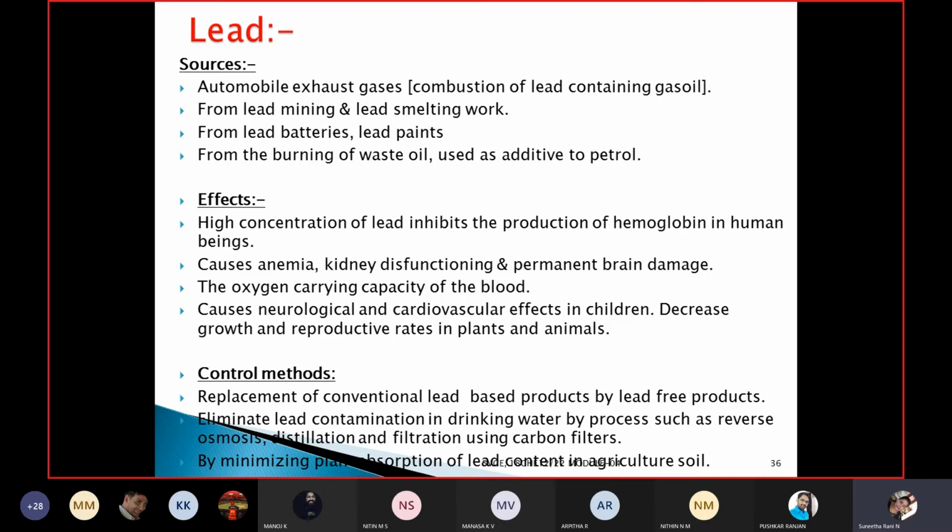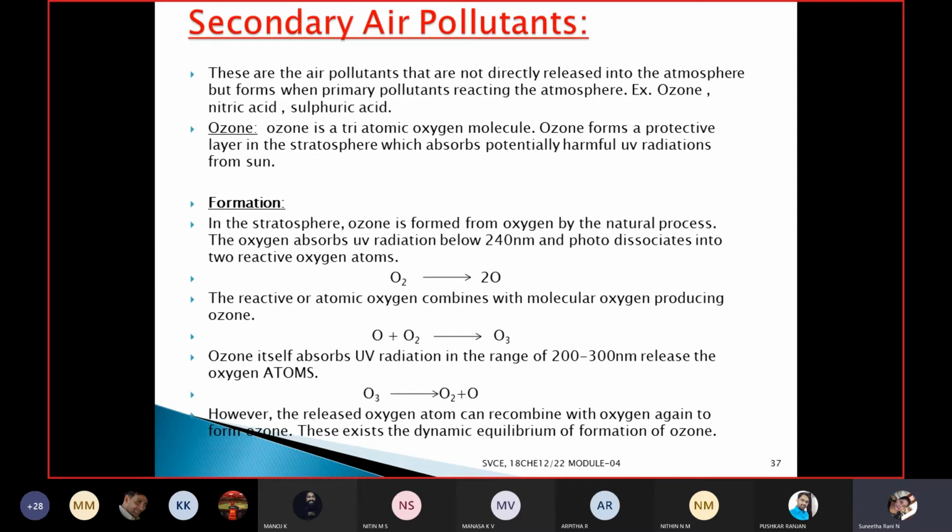by using unleaded agricultural soils, unleaded petrols, all those things, you can avoid liberation of lead into the atmosphere as a pollutant. So the main sources are automobiles, mining, batteries, and the burning of waste oil. This is about lead. When it comes to the